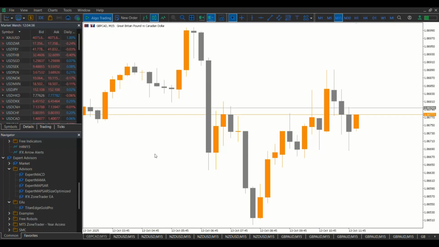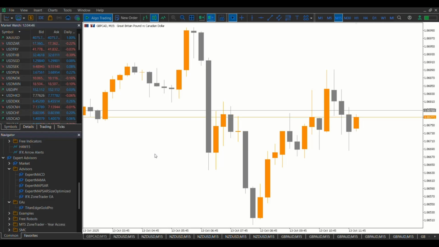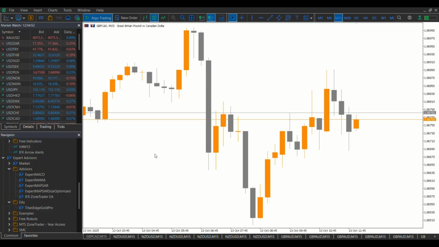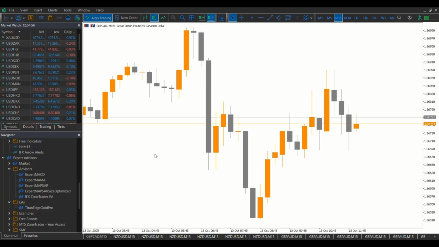So hello everyone. Today we are going to backtest our gold EA on the XAUUSD. We will backtest it on multiple time durations like 1 month, 1 year, 2 years, and finally 5